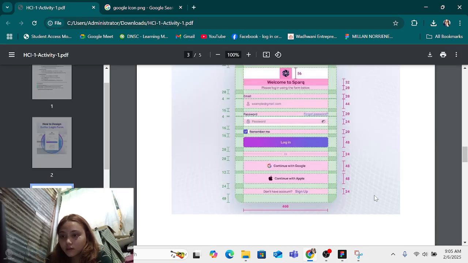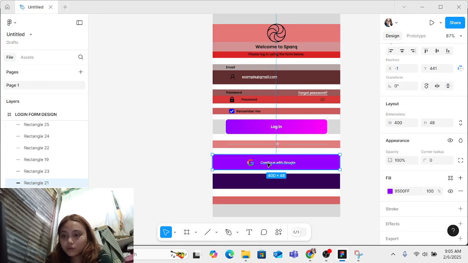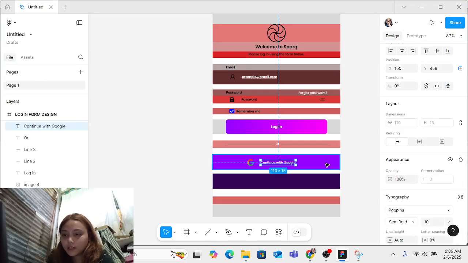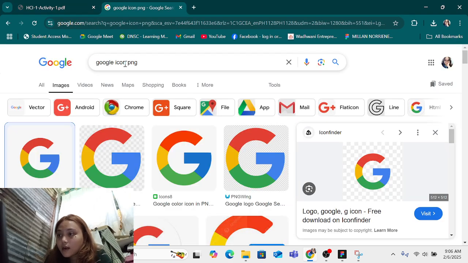Then next is the apple. Continue with apple. So let's copy that and right there. Then let's change the text to apple. Okay. Then let's find apple logo.